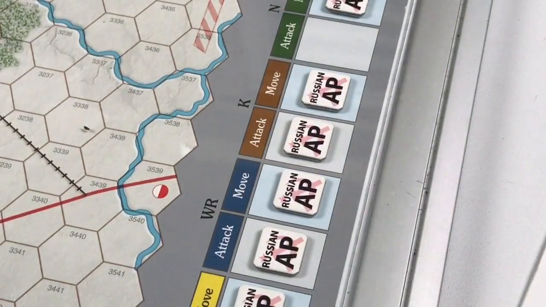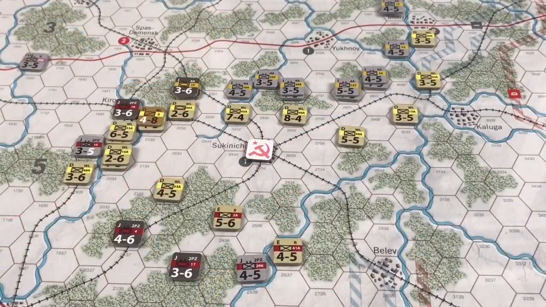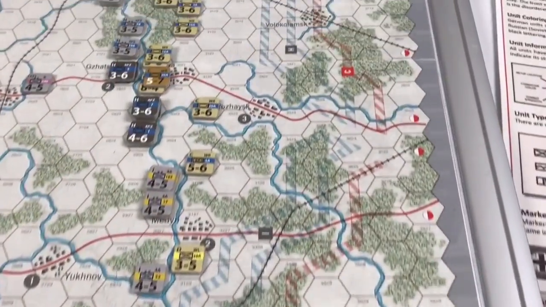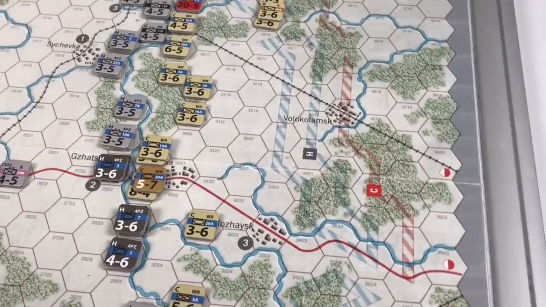And you can assign activation points freely in this game. So now we will resolve attacks with the Western Front and the Kalinin front. That means no attacks by the WL front, and we move to the sector of the WR front, where we